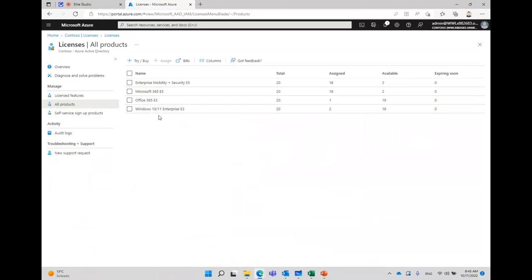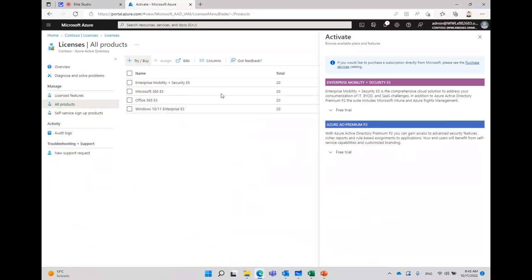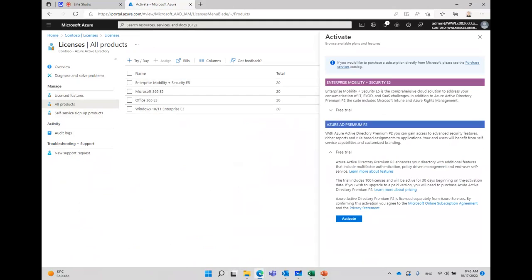In case you are working on your lab environment, or you will work on your lab environment, you would have some options to try and buy. You can try the P2 license from Azure Active Directory for 30 days for free. There are some limitations, but if it's really for a lab, it doesn't matter. So you can use that 30 days